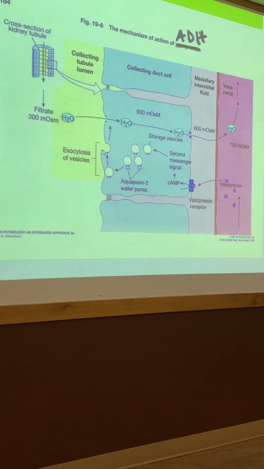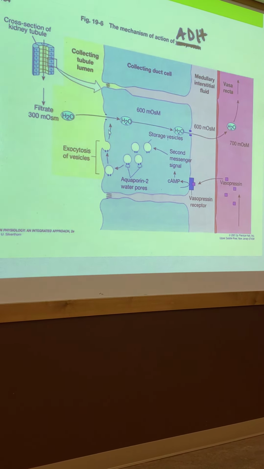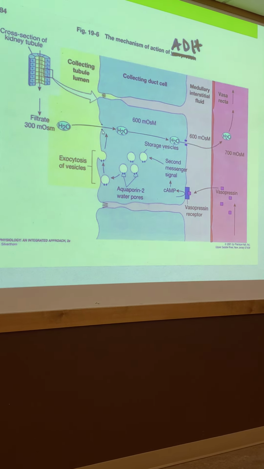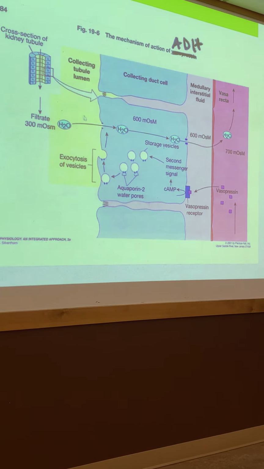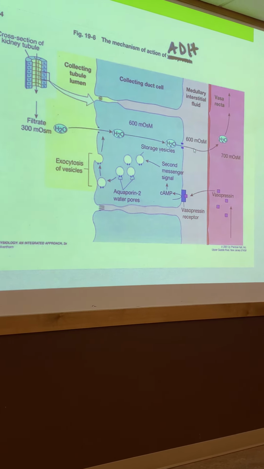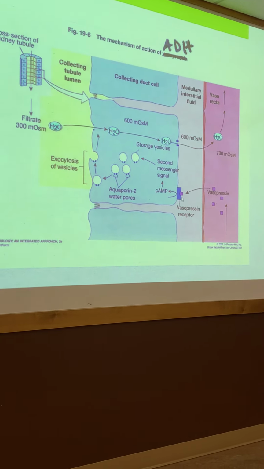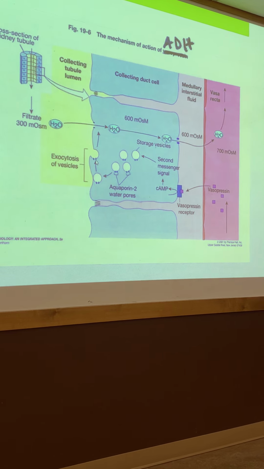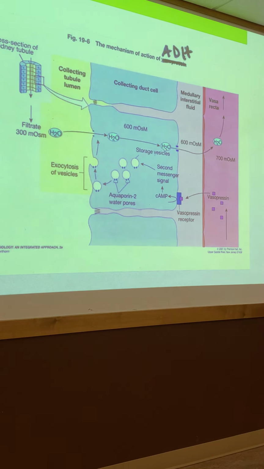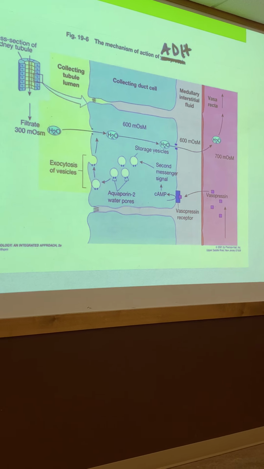cell is going to make these water pores. These little water channels, and insert them in the cell membrane, and it's going to pull water from the lumen through the cell, out the other side of the cell, to flow back into the bloodstream. So vasopressin, or ADH, creates these water channels at the level of the collecting duct. Water's going to flow into the cell, through the cell, back into the bloodstream, which makes what happens to the